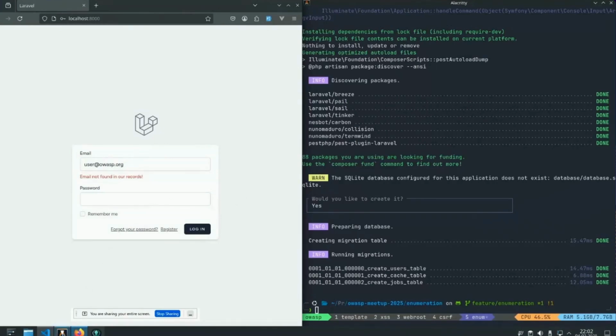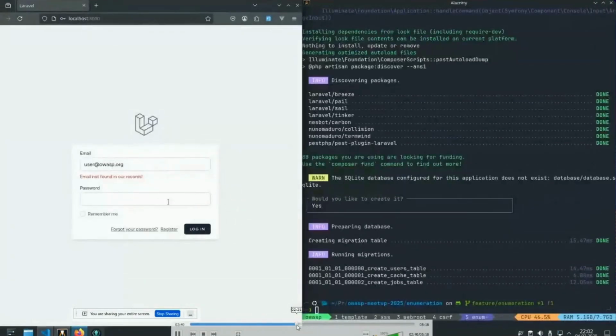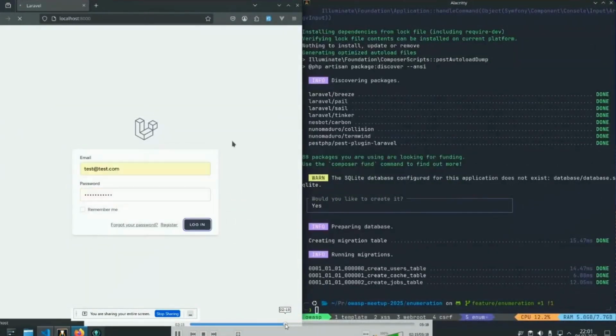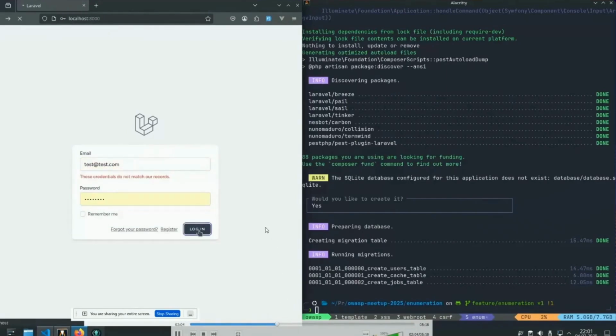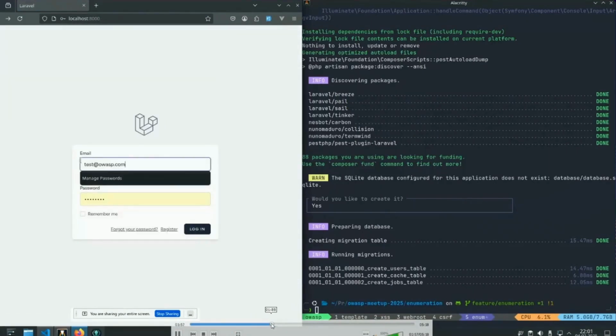So those are already two different ways in which I can verify whether or not a user exists on the website. And one thing that has been missed here, because it kind of went too quick to explain, right? The reason I tried the same email twice is if you look at this